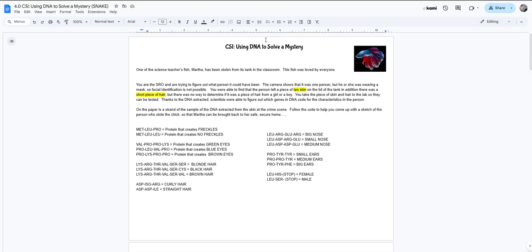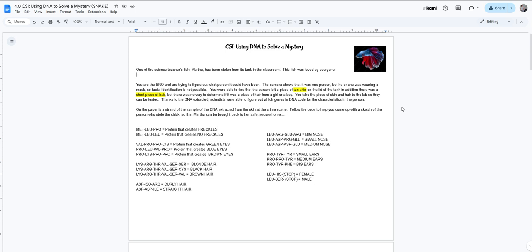Okay, today in class, you guys are going to be trying to figure out who stole our science teacher's fish, Martha, right? So it says you and the SRO are trying to figure out what person it could have been. The camera shows that it was one person, but he or she was wearing a mask, so facial identification is not possible. You're able to find that a person left a piece of tan skin on the lid,